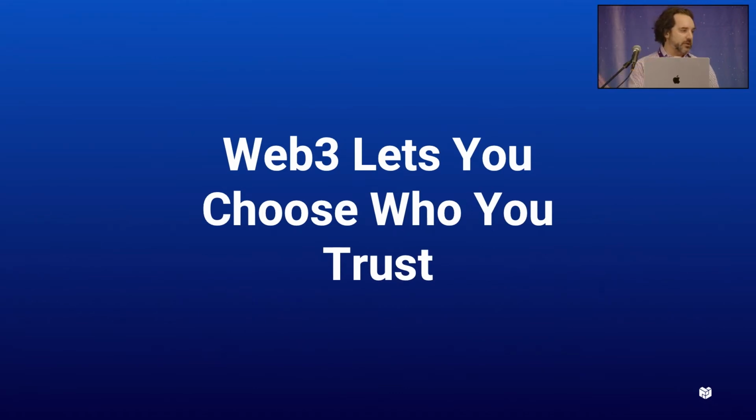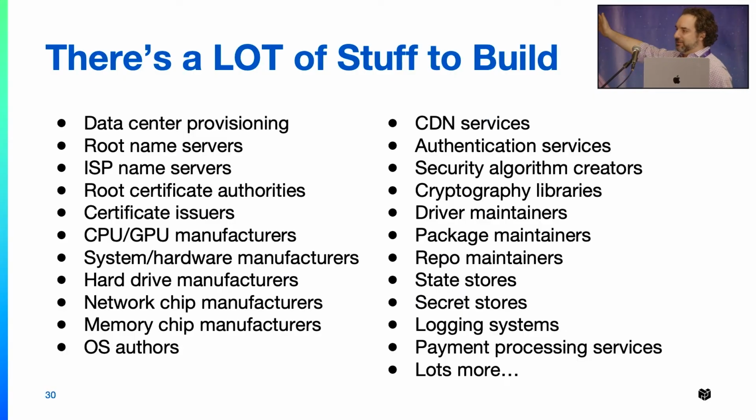Now, like I said, you can do everything you saw there, right? This list is real, and there's probably even more than this. But I can say assuredly there's definitely more than this. But you can choose to say, hey, you know what? I'm okay. I'm going to have to trust Intel or AMD that they're going to produce a reliable CPU. Okay, that's something I'm going to trust. Or I'm going to trust my data center provider to not have the NSA reading my switches. Great, I'm going to trust that too.